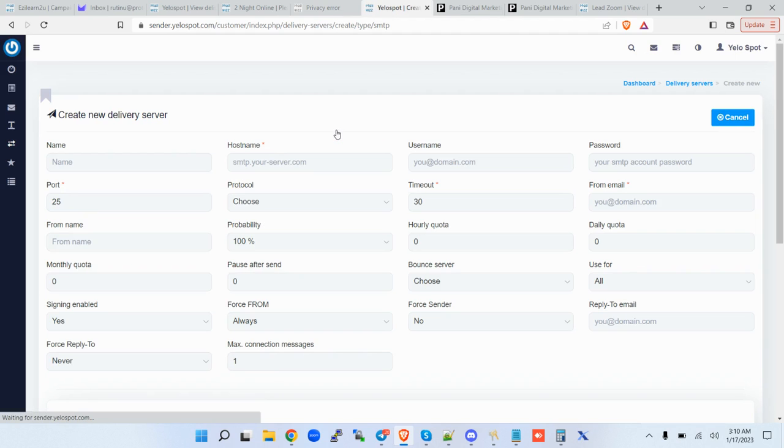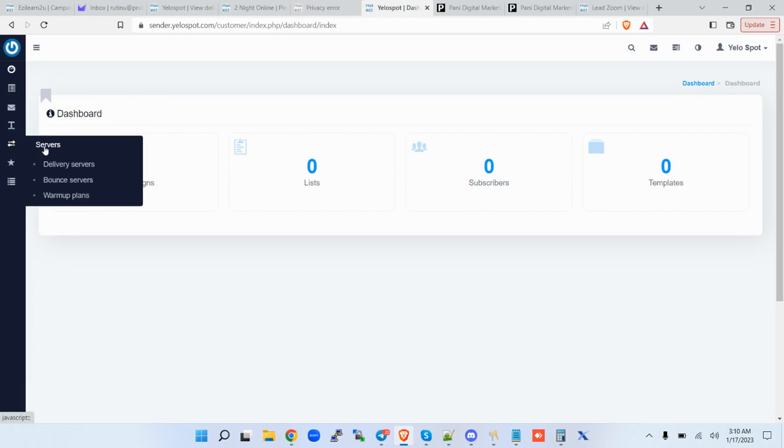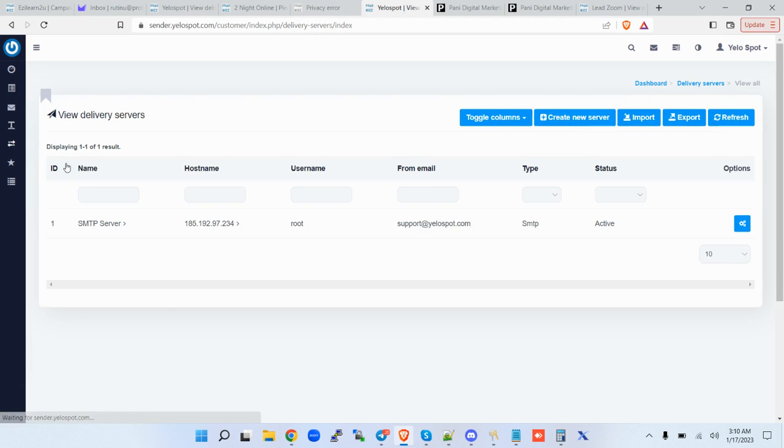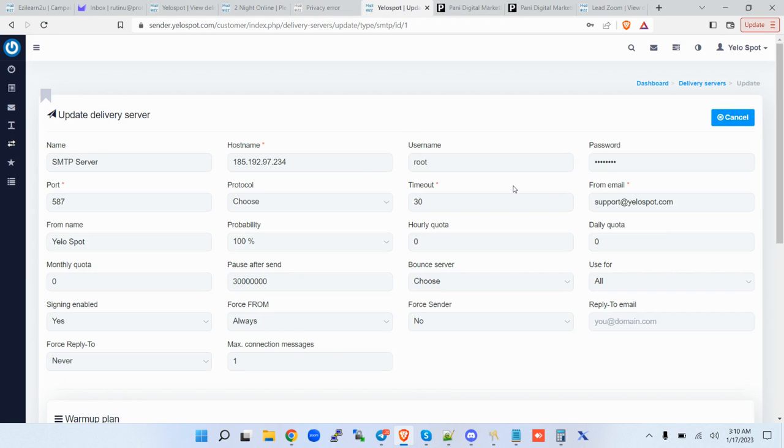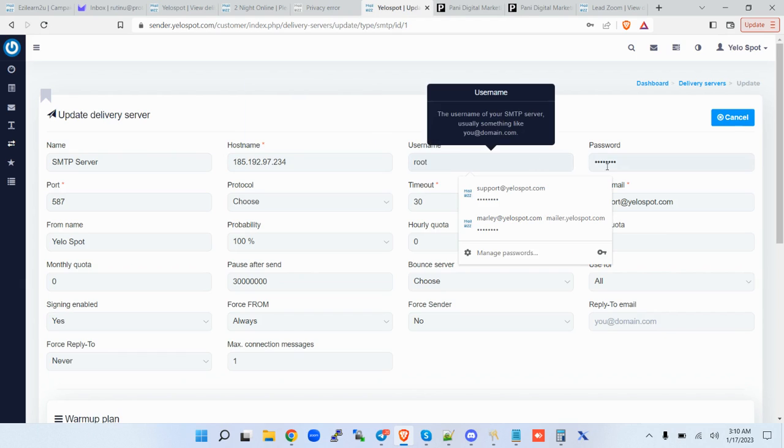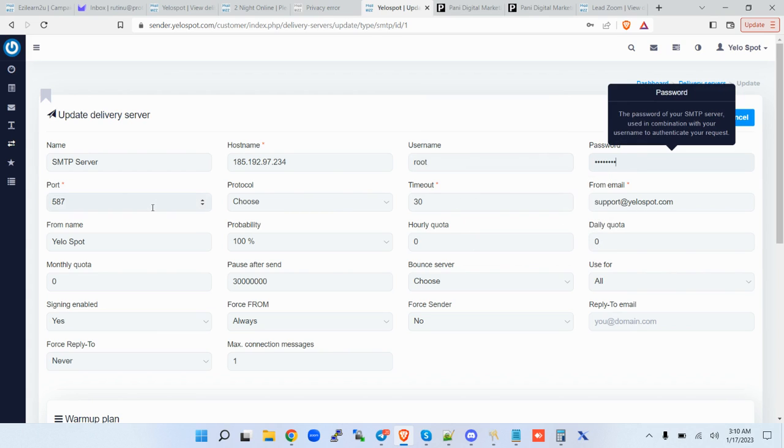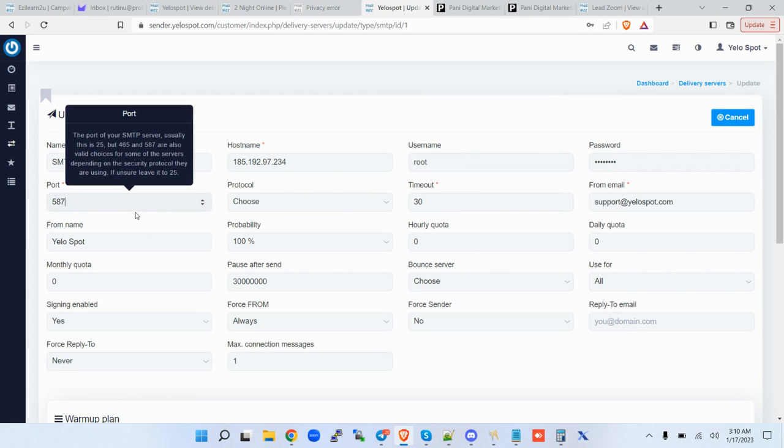You click on SMTP. First of all, this is how the dashboard of Mailwizz looks like. And then you come to delivery servers. You create new. Once you create new, you're going to get credentials of this kind. And then you're going to put your host name, your username, the password, the port, all these details